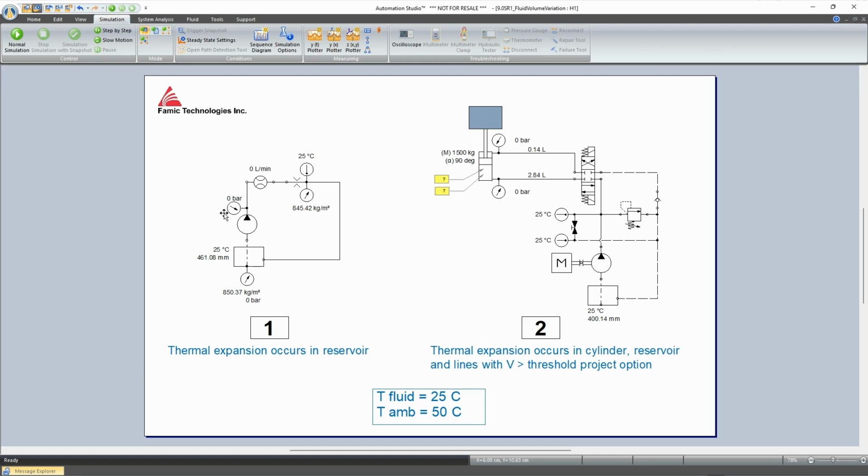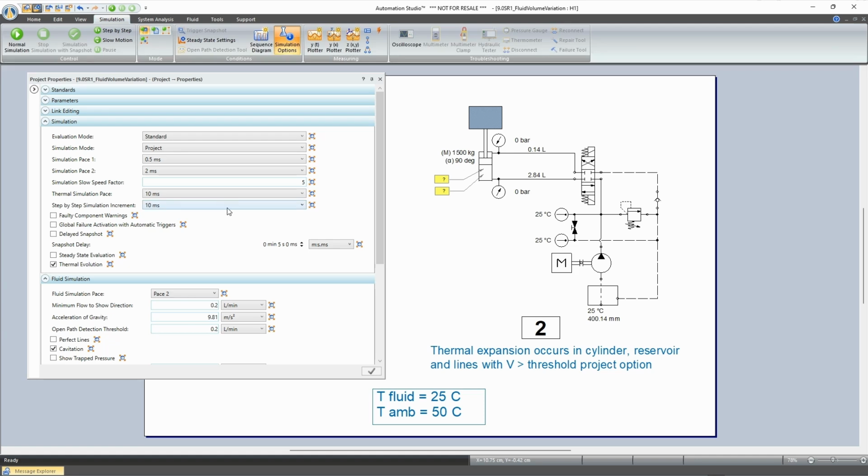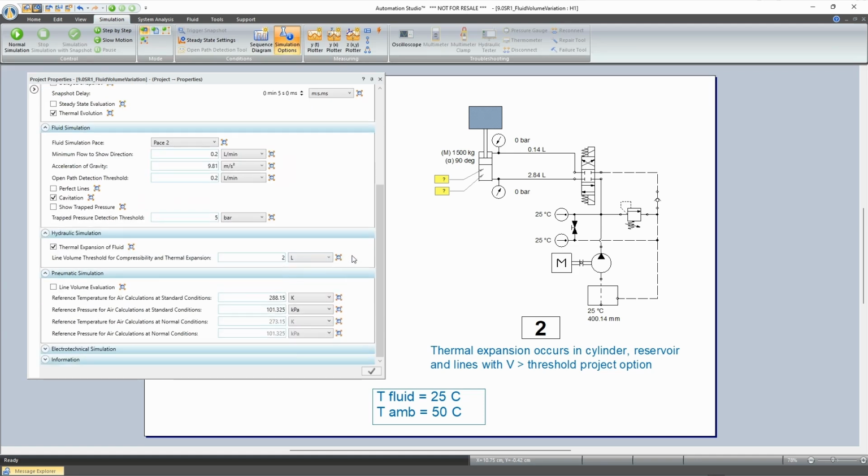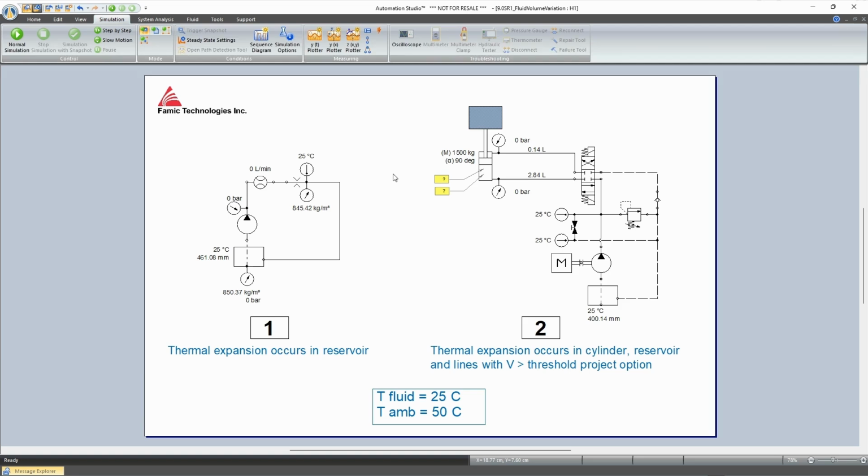So now this is taken into account in components, and this includes the volume in the lines as well. In the case of lines, there's an additional option. There is a threshold in the project options, meaning the lines with a volume below this value will disregard thermal expansion. This is mainly to avoid running this calculation in every line of the project, which can consume computer resources